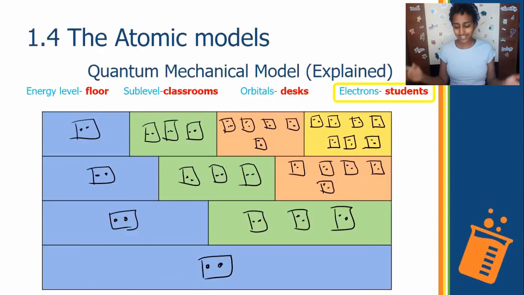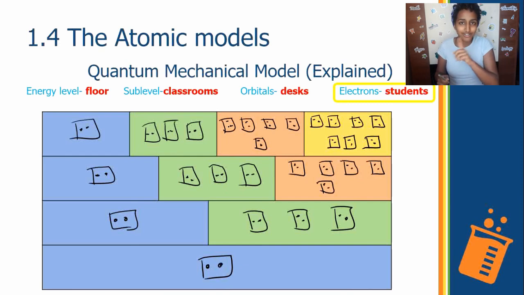Okay, and we're back. That took me a long time, but you can see here that every desk can hold 2 students, right? But think again, you're a student yourself, right? Are you always at your desk? No, you should be, but you may not always be at your desk. You might stand up and go talk to your friend, or you might go up and eat lunch, or go to the bathroom, or whatever the case is, you as a student must know that you aren't always on your desk. Similarly, electrons aren't always in their orbitals.